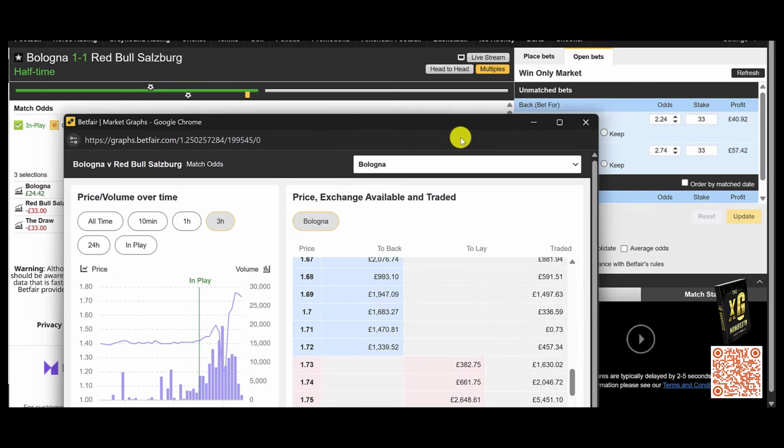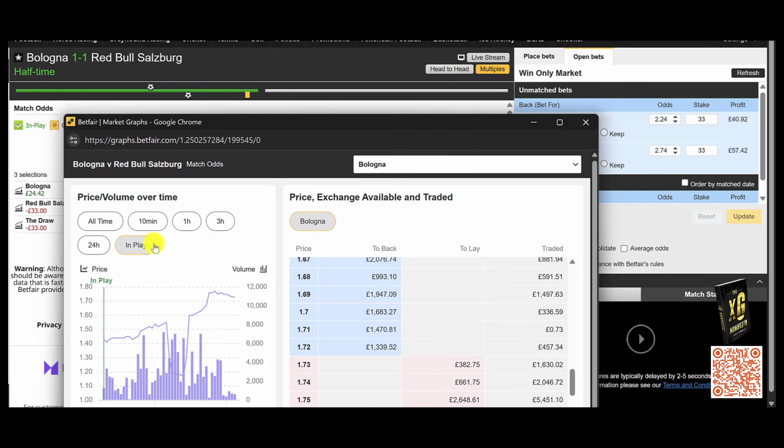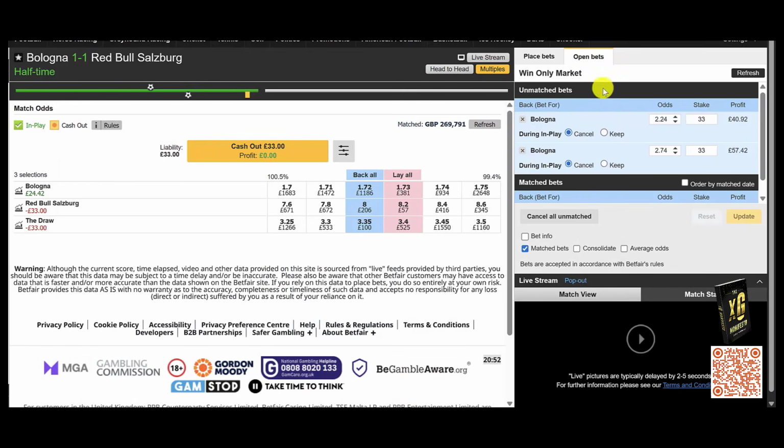We're backing them here at 1.74. Let me just show you something here. So you can see this is pretty much their price at half time. Other people have been backing them also. They're obviously seeing the XG differential. So anyway, we're going to be backing Bologna here, and then we're going to go in half a point and half a point,